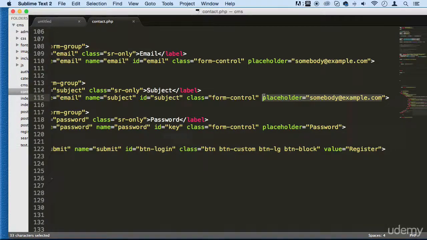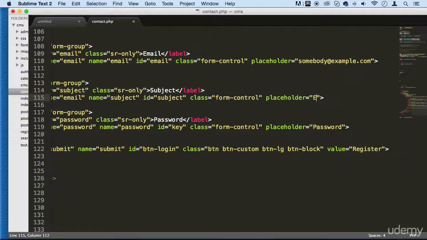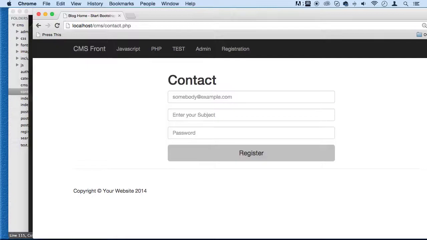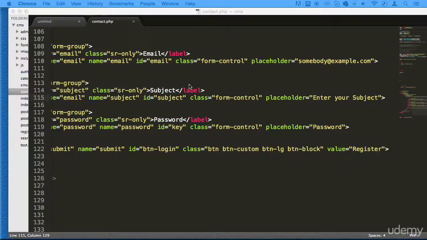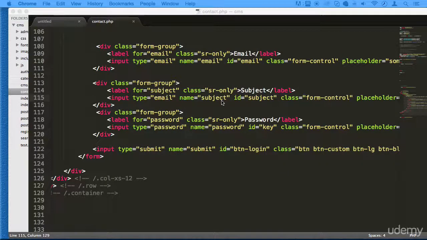We can put a placeholder saying something like enter your subject, something like that. Let's just see this here real quick. Enter your subject. Well, you know what, we could have a label there. Actually, I thought I did have a label there,